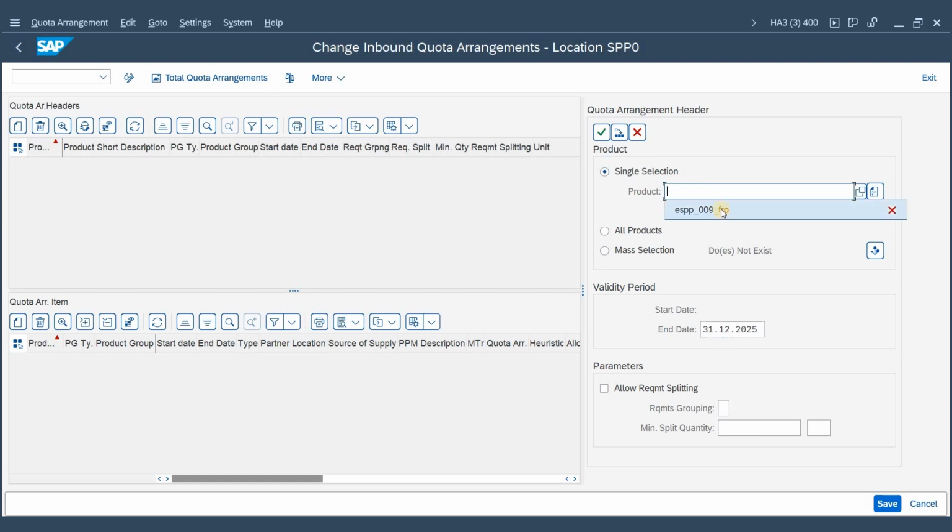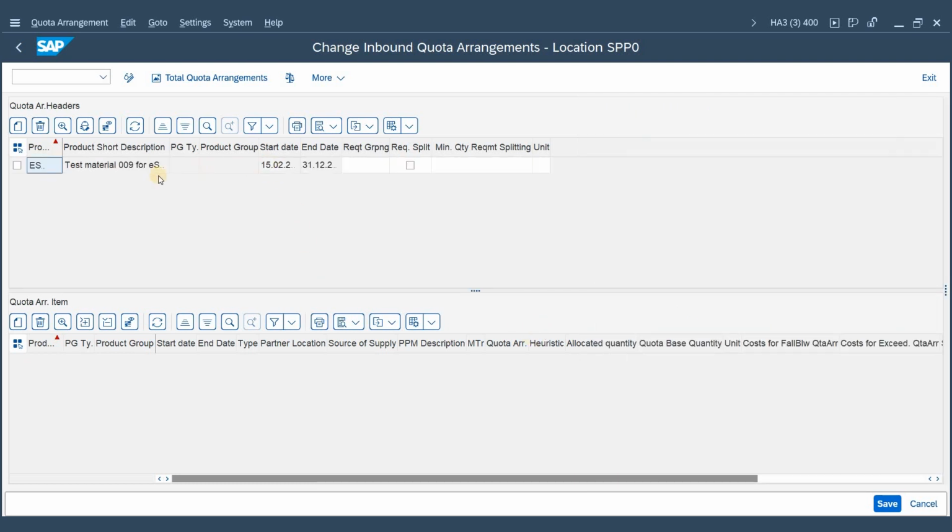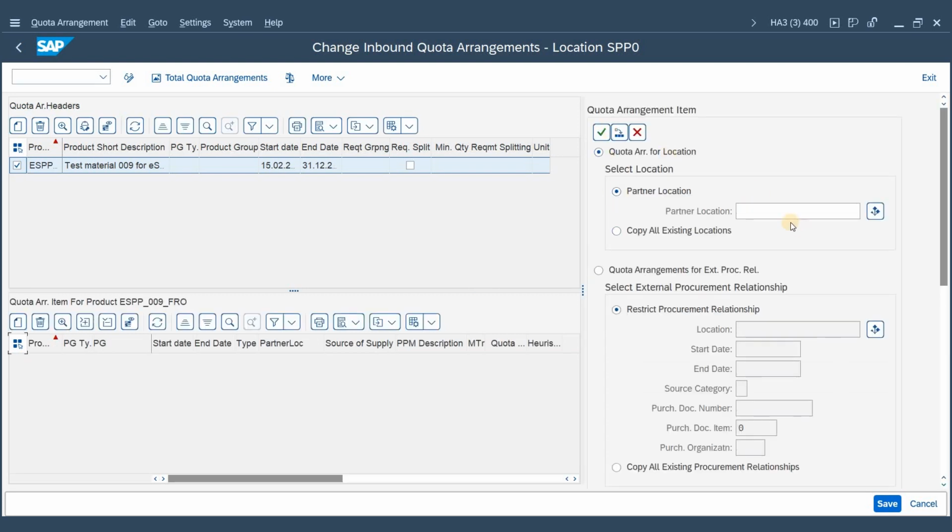This time we are using ESPP 009 FRO, and the quota arrangement exists until the year 2025. We take that over to the left side, we mark it, and then we tell the system the items, so which vendors should be procured from.